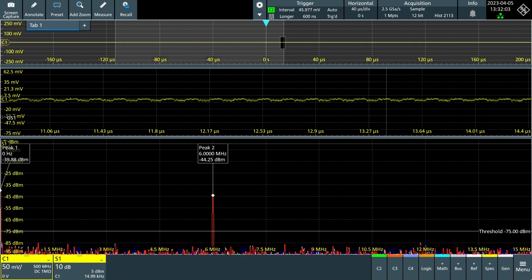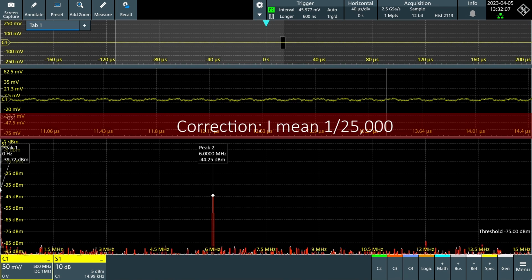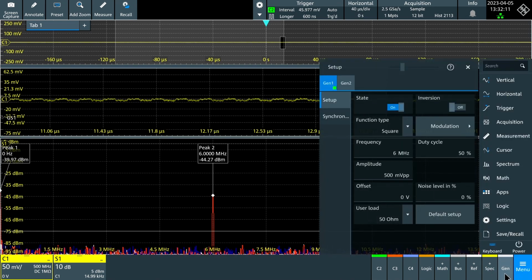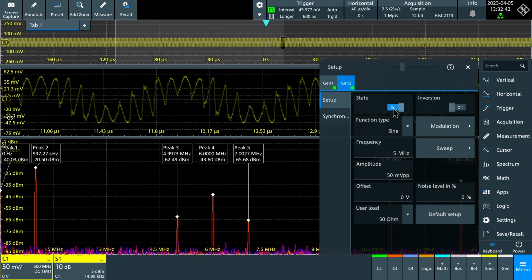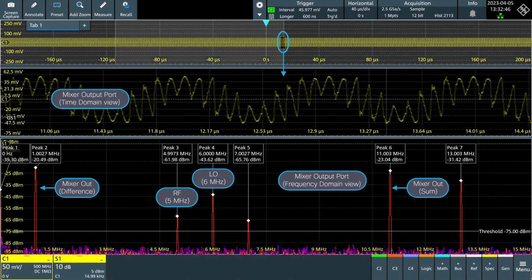It was around 44 dB of isolation, i.e. around 1/250,000th of the power of the local oscillator signal. This would be very hard to see or measure in the time domain, but very clear on the MXO spectrum output. Next, I fed a 5 MHz signal into the RF port, and now I could see the sum, 6 plus 5 equals 11,